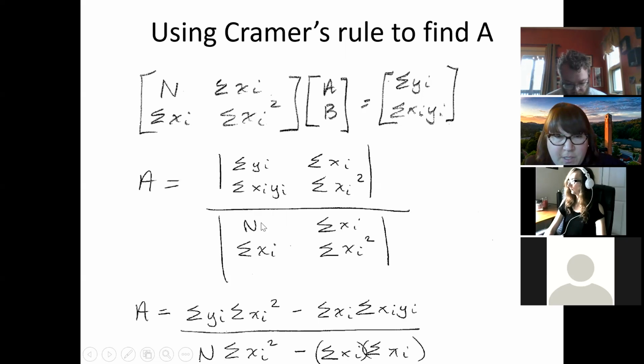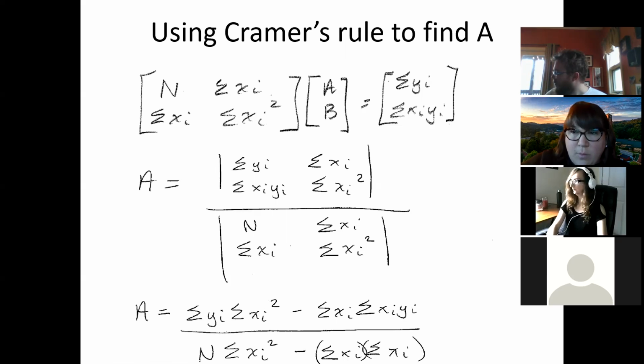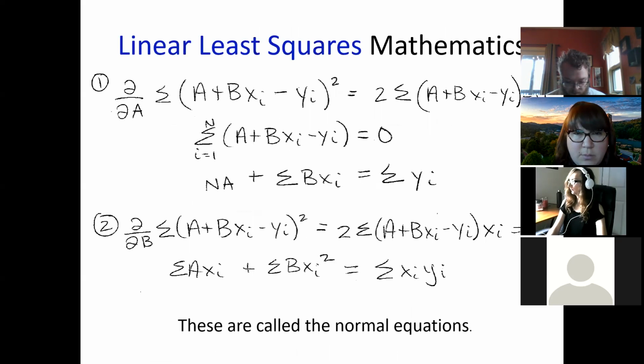All right, same thing for the denominator. We found the determinant of this matrix. We took these two and multiplied them together, and then we took these two and multiplied them together, and we subtracted this product from that one. And we get this expression here at the bottom, an algebraic expression for a in terms of x sub i and y sub i and n. We have solved for a now. We have found that fit parameter. That was the y-intercept.